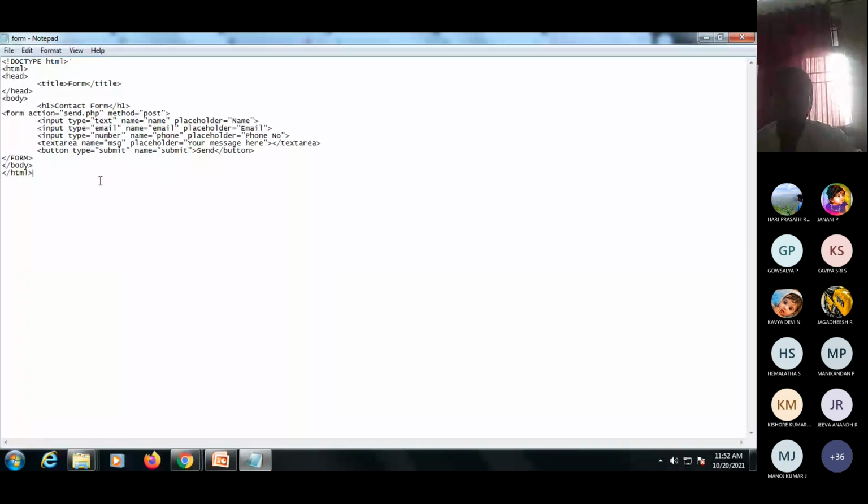So how to write HTML code? In this tag you have to represent the document type. It's nothing but the exclamation mark, then DOCTYPE, then specify html. Then after that you represent the html tag, what I have shared in that slide. So this is the format. Then under this, head represents the heading. I have mentioned the title as form because I have created the file named form.